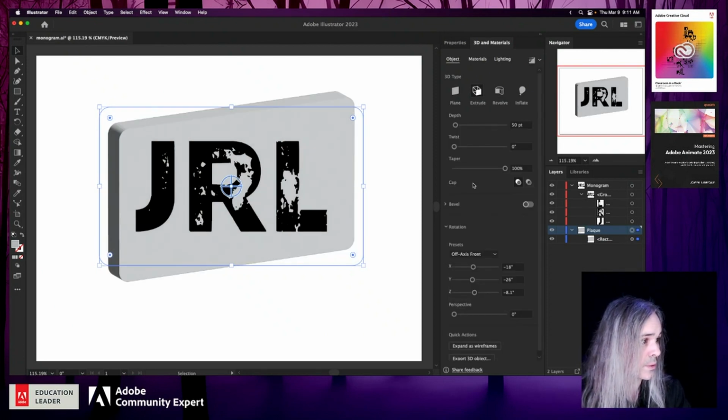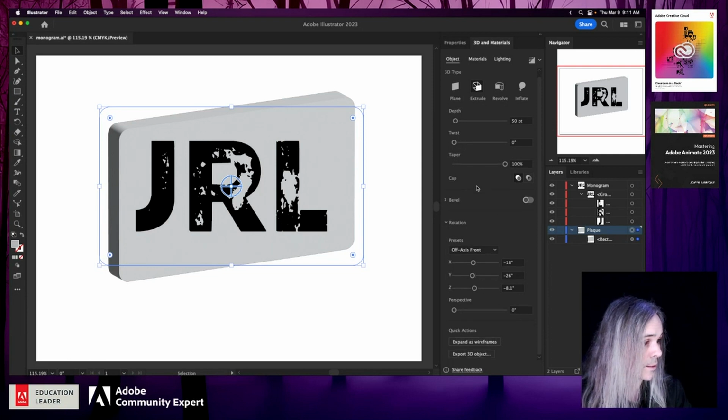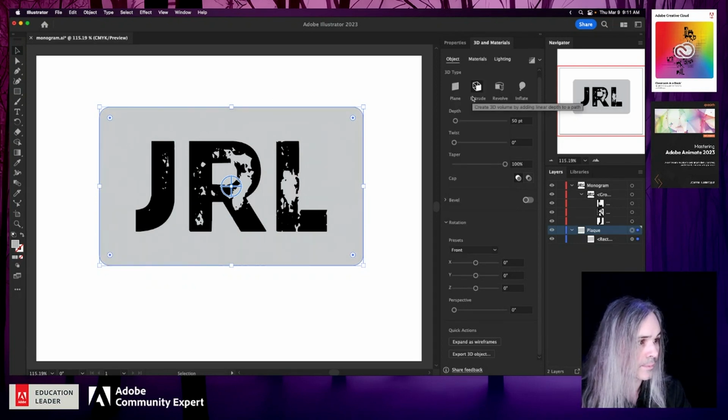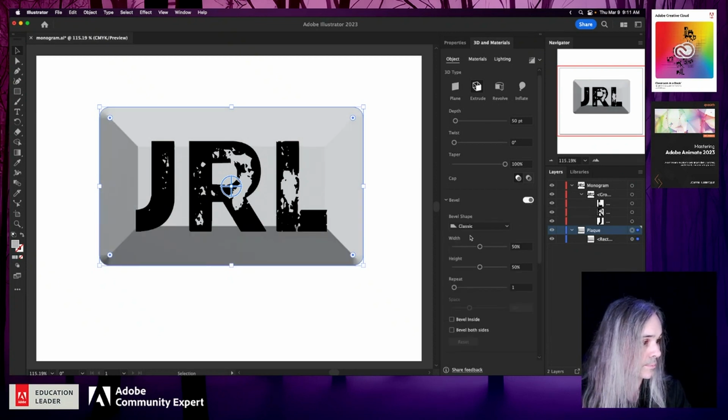I click on extrude, and depth actually looks pretty good at 50, but I don't want it to look exactly like this. For rotation, it's off-axis front. Let's see. What if we just do front? Yeah, so front right now looks like this. You can't really even tell. However, if I add in some things like a little bevel,